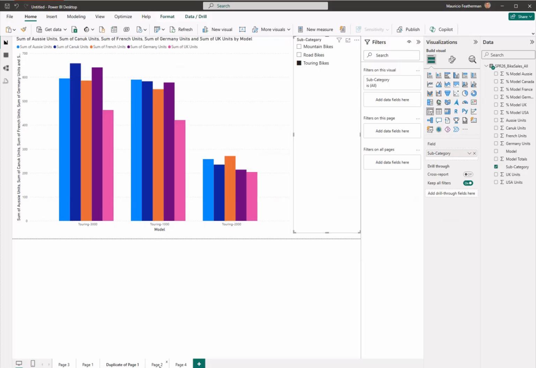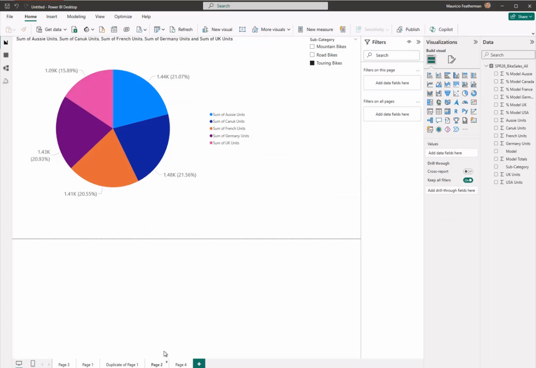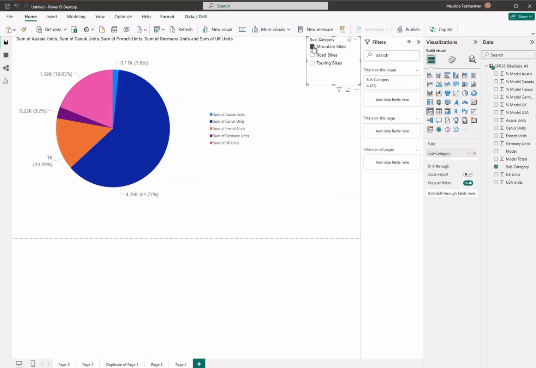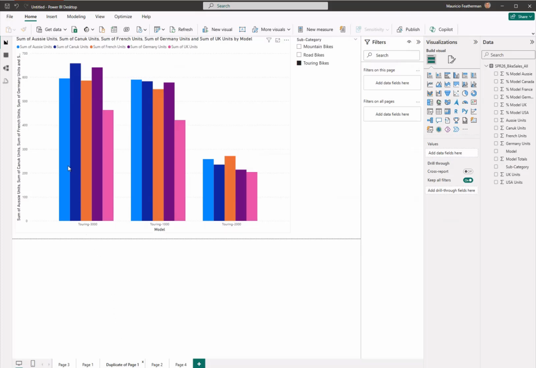So why did you do it, Fedman? To show you that maybe don't do that. This looks a little bit better as far as comparing country to country. So this prior chart compares country to country for that model,